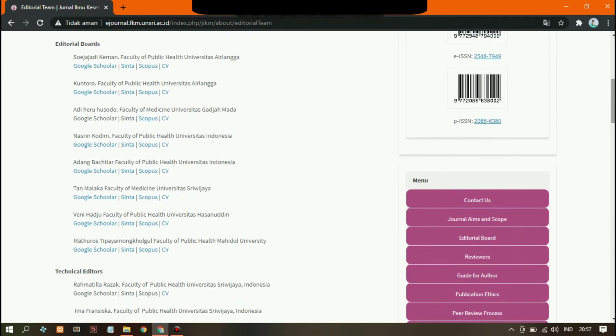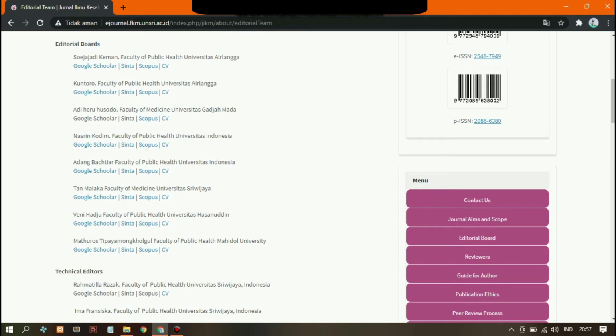And here you can see the editorial board. Soedjajadi Keman, Faculty of Public Health, Universitas Airlangga. Kuntoro, Faculty of Public Health, Universitas Airlangga. Adi Heru Husodo, Faculty of Medicine, Universitas Gadjah Mada.